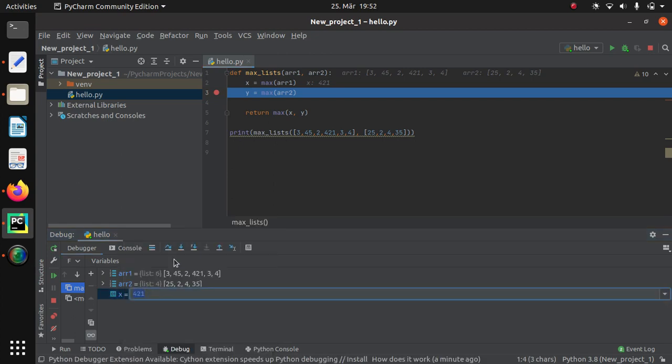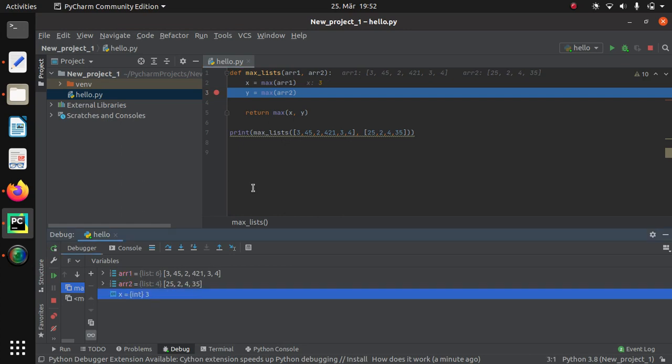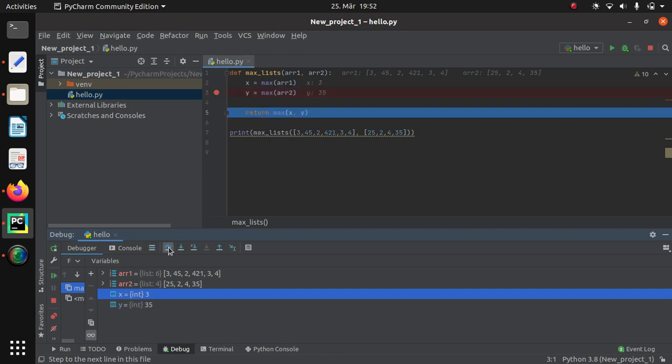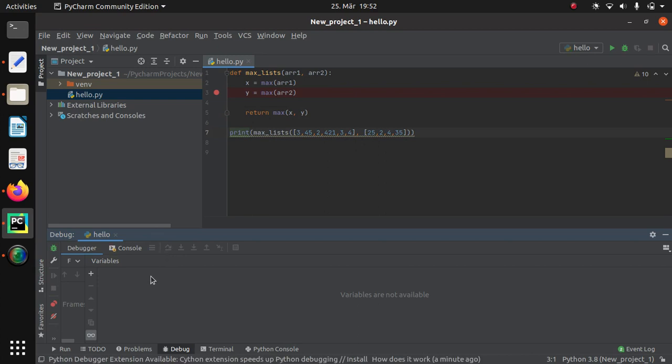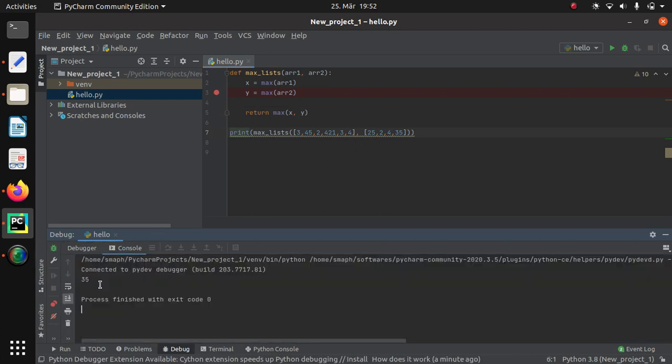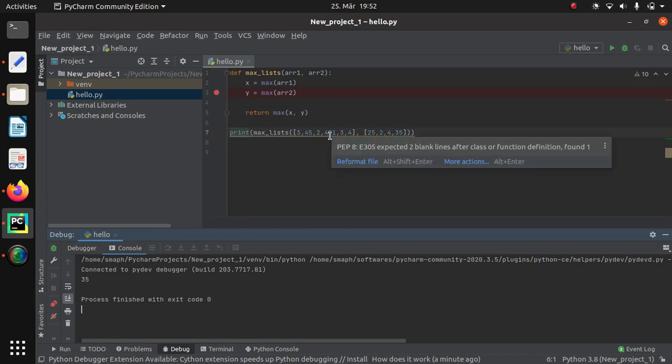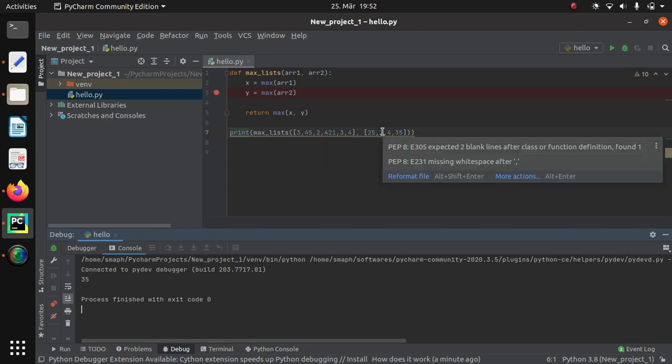If we set the value of x to 3, so x is modified to 3, now we will get the output here as 35. Before, we were getting the output 421, but now we get 35. Now it will execute, and we go to the console. You see the output is 35, even though the max of the two lists is 421, because we modified our y value manually. So this is how a debugging tool is very helpful